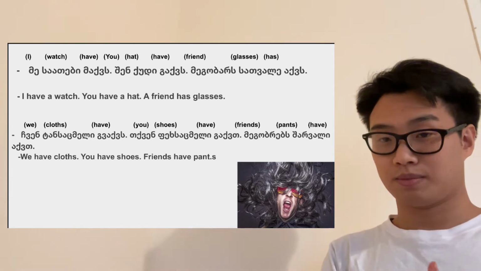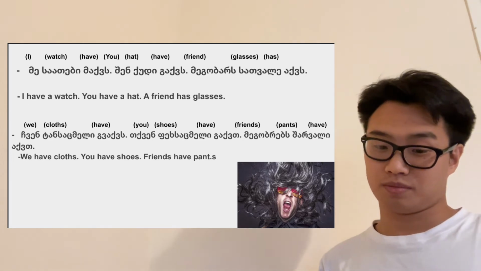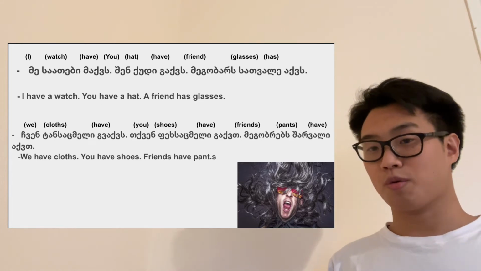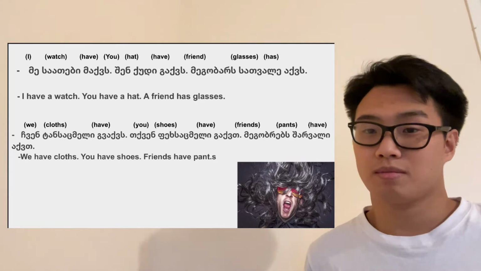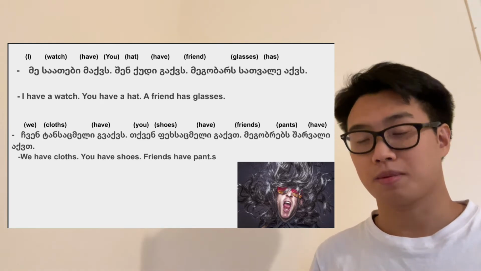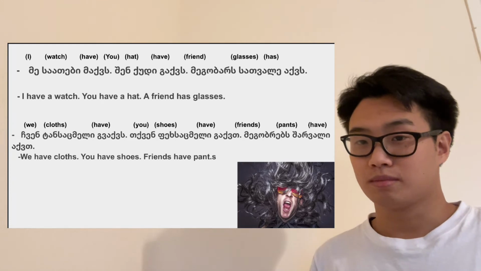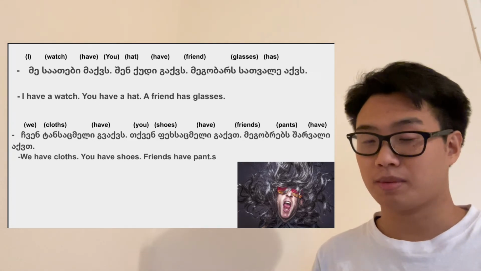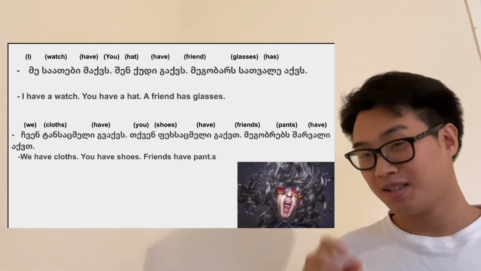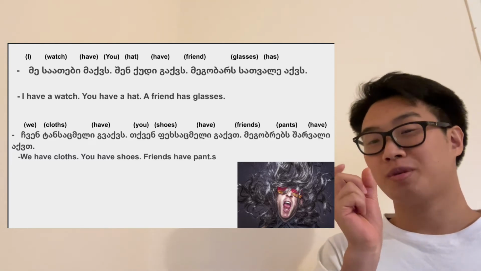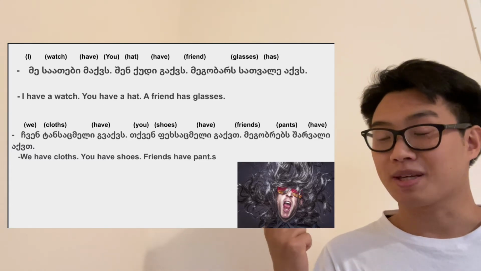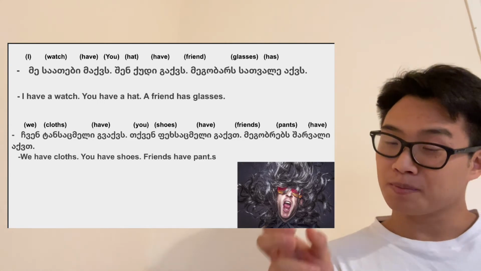We have growth. Next, you, but dative case, the forms are the same between nominative case and dative case, by the way. And the last example here, megobari, singular person, nominative case, megobrebi, plural form, and then dative case, megobari, megobrebi, megobrebs,